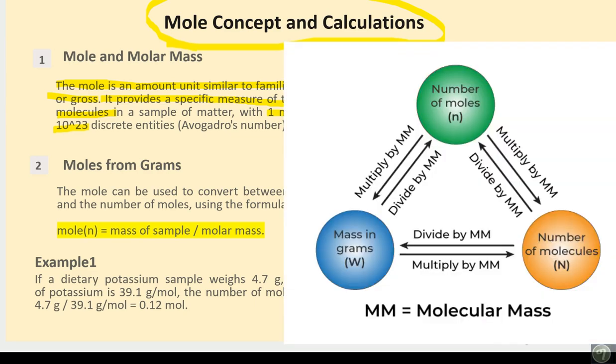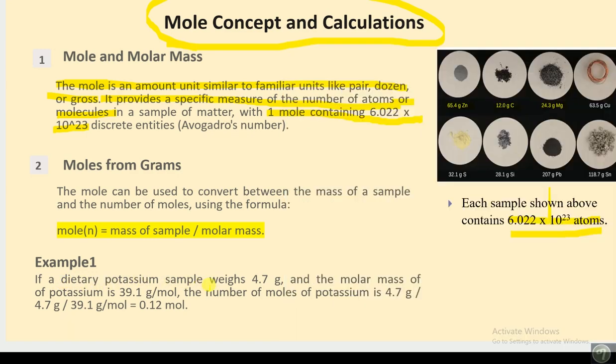Let us do examples. Practical example. If a dietary potassium sample weighs 4.7 gram and the molar mass of potassium is 39.1 gram per mole, the number of moles of potassium